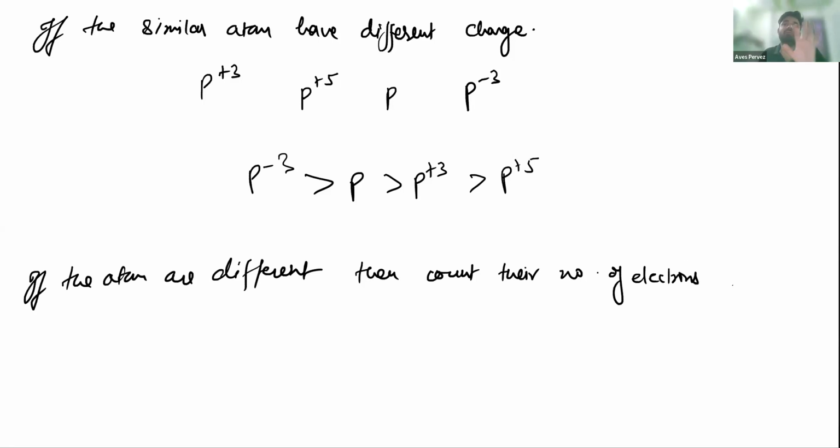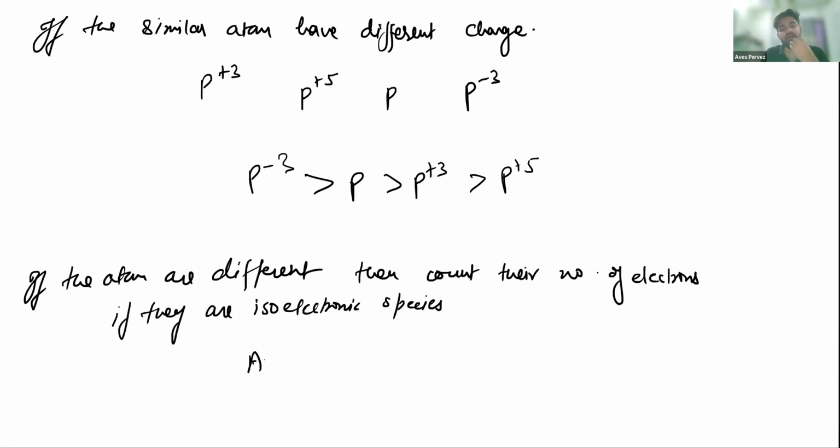Okay, then count their number of electrons. Are you getting it? And after you find that some of them may be isoelectronic species, okay,